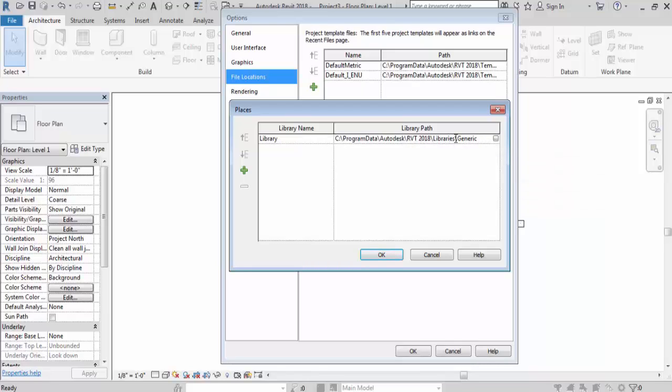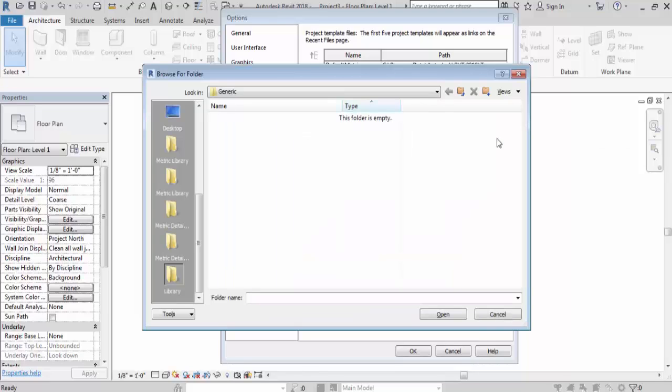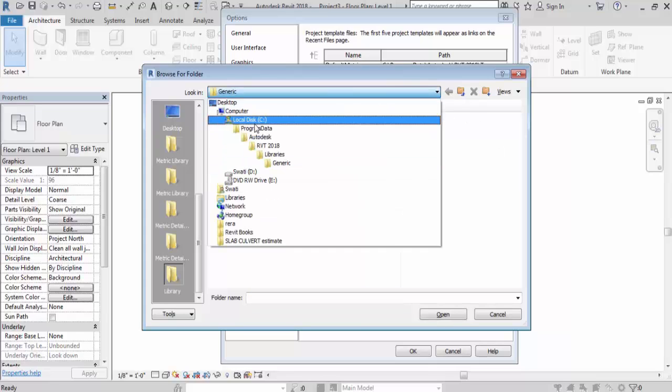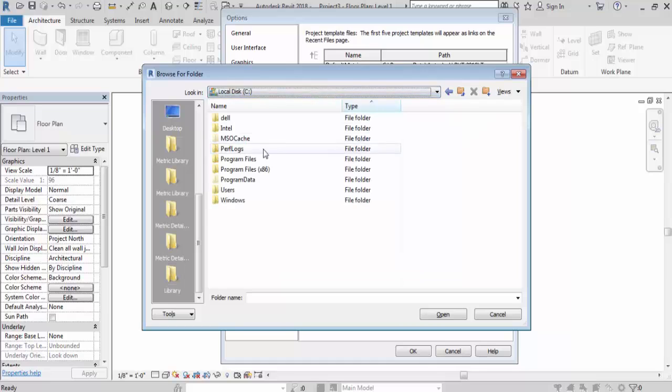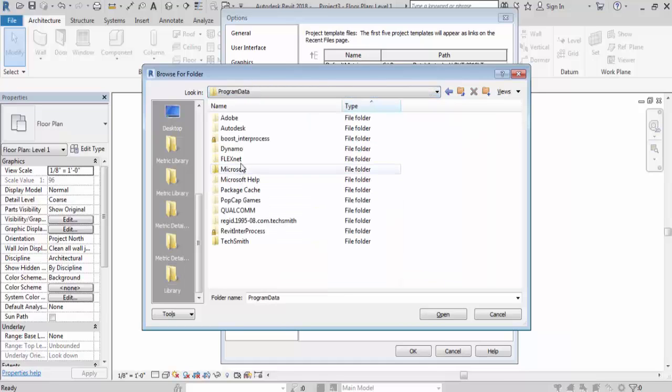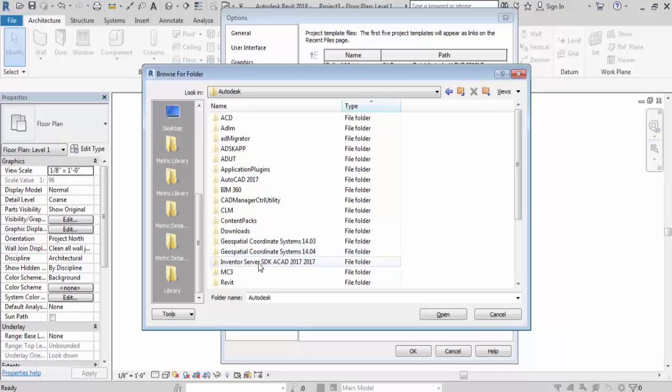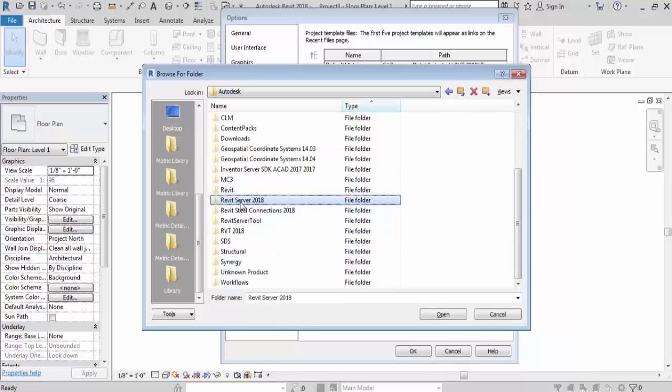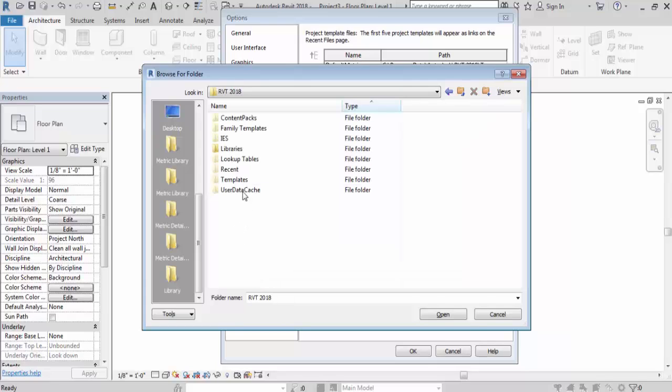Now click here on this three-dotted icon button. Now here you need to go to C drive, ProgramData, then Autodesk, then RVT 2018, Libraries.